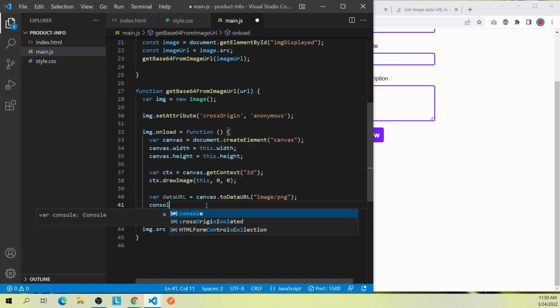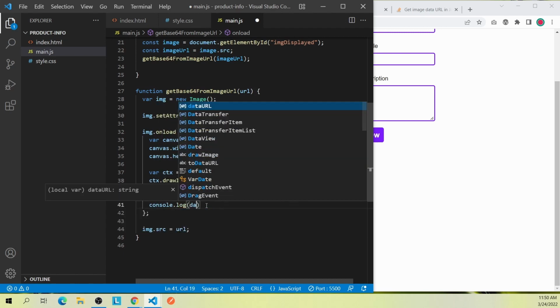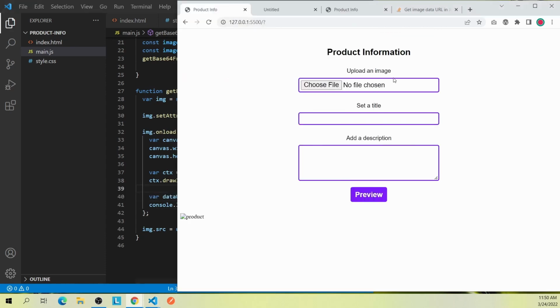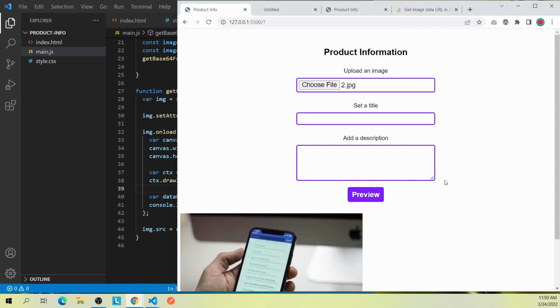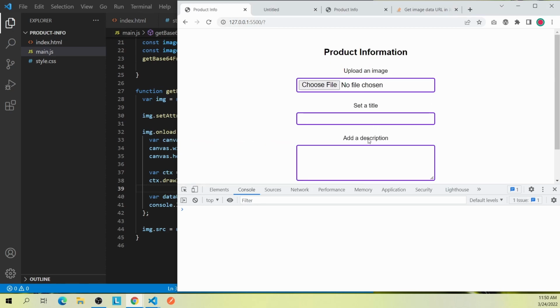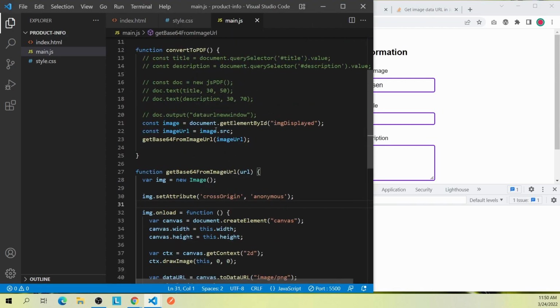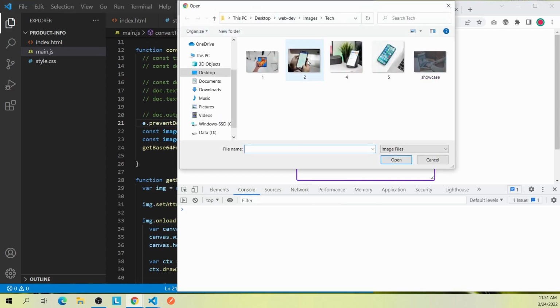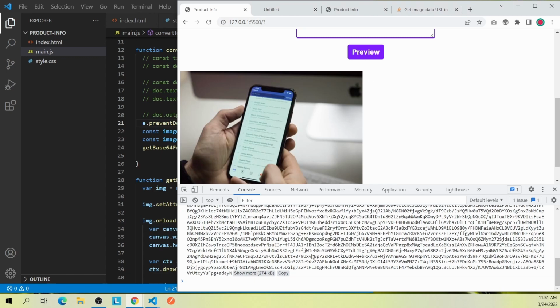I'll say console.log data URL. All right, I'll save it and see something. Okay, let's say I have this one. In the console, now I'm just going to click preview. Okay, I'm going to have to handle that. Say e, and say e.preventDefault, and this is going to prevent the page from refreshing. All right, let's take this one, click preview. There we go. We get this